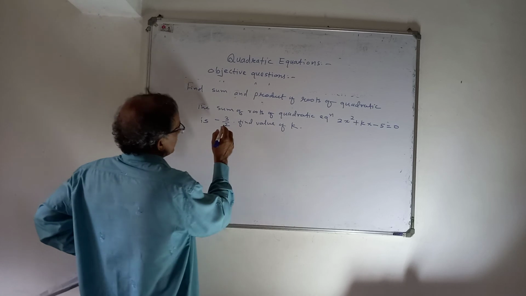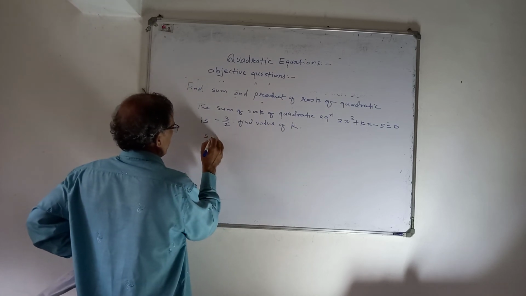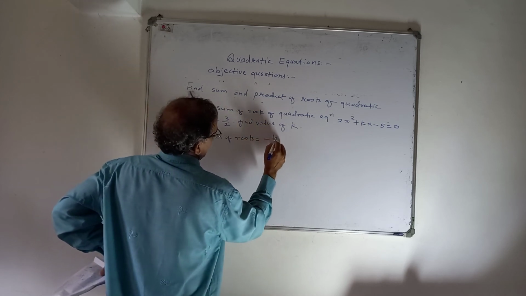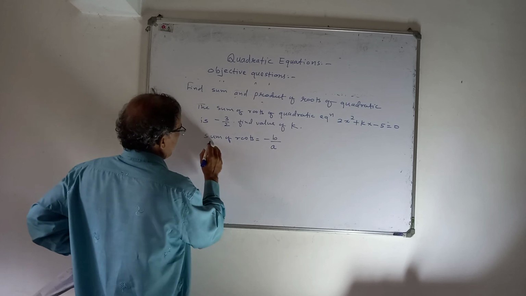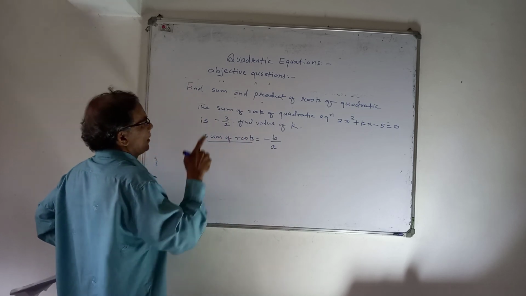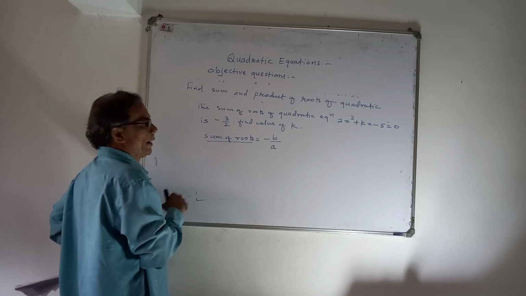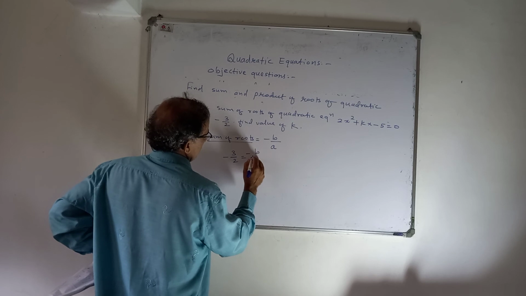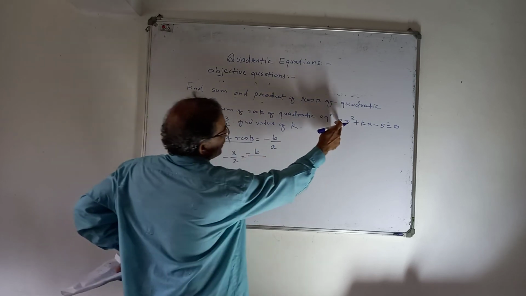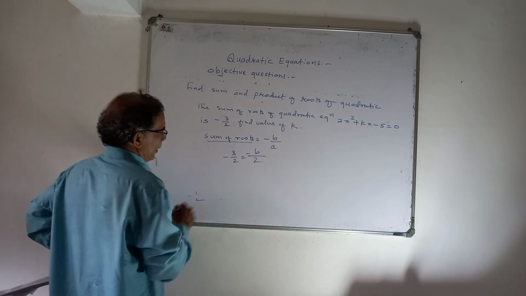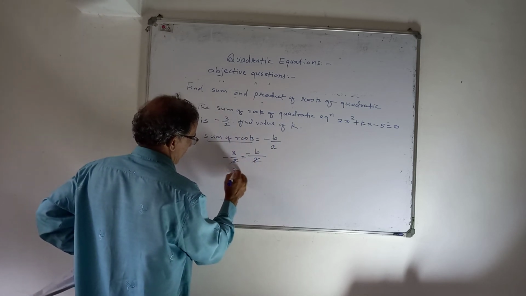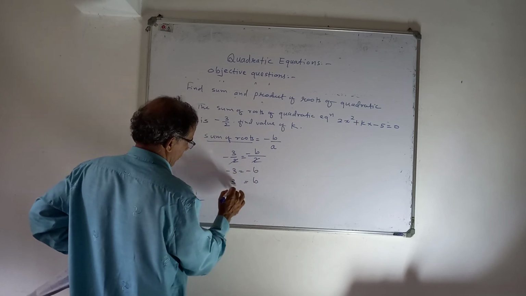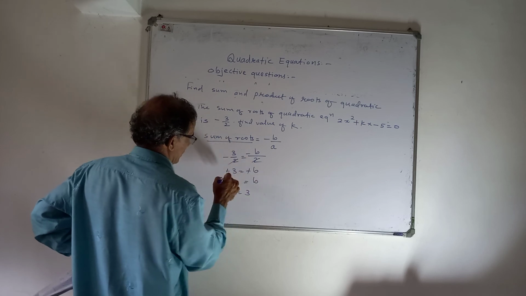So what you have to do? Now sum of roots is given. So you write the formula for sum of roots. Sum of roots. What is the formula? Minus b upon a. And this answer you know now. What is that answer? The sum of the roots is minus 3 by 2. So minus 3 by 2 is equal to minus b upon a. a means how much in this equation? 2. Now see, upon 2 gets cancelled. Minus 3 is equal to minus b. That means b is equal to 3. Therefore b is equal to 3. That minus minus gets cancelled.